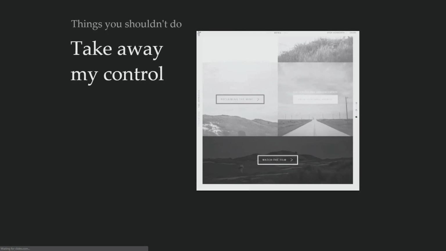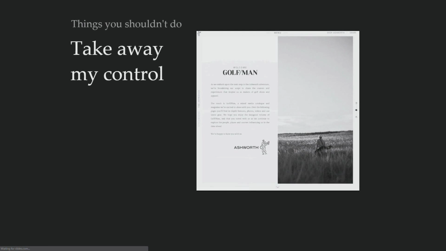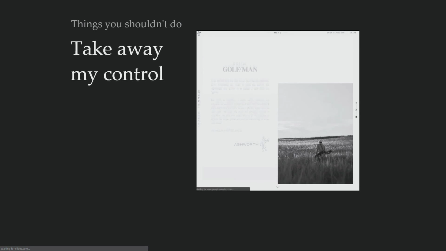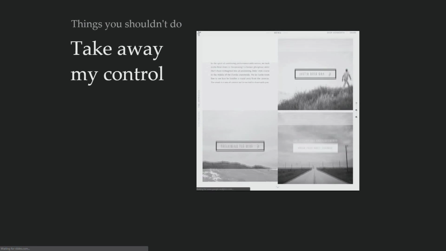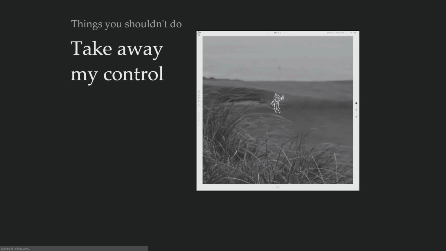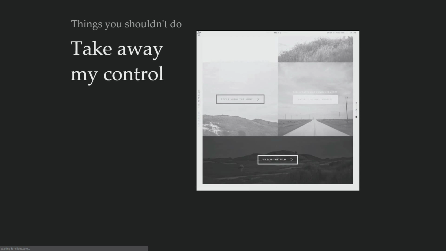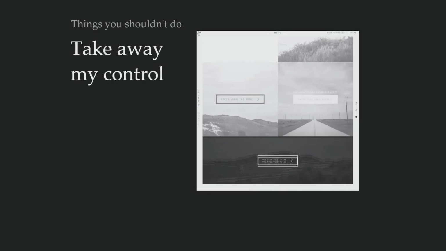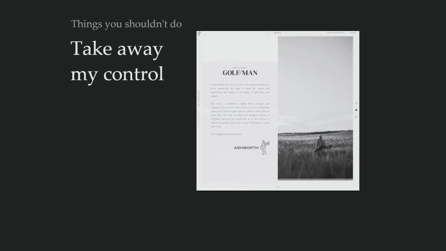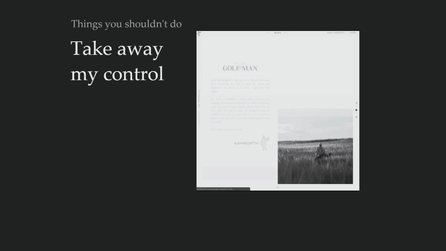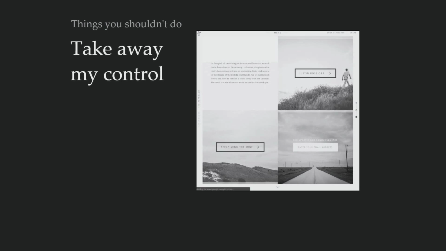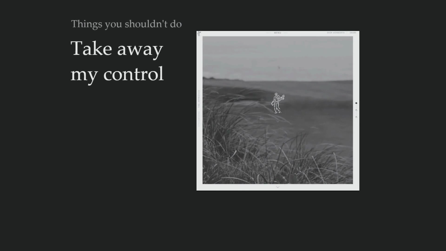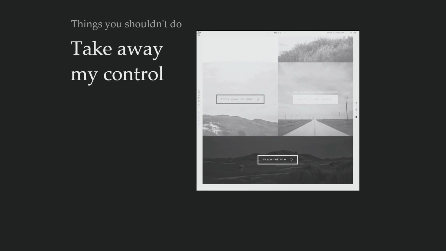First is taking away my control. The worst sites about doing this are one-page websites, where it takes up the full screen, and they try and make me do something that I'm not used to. In this example, it actually shows a broken version, which most of them are. I tried to scroll using my mouse wheel, and it jumped from the first section to the second section, and then transitioned to the third section. I was just trying to go to the second one.